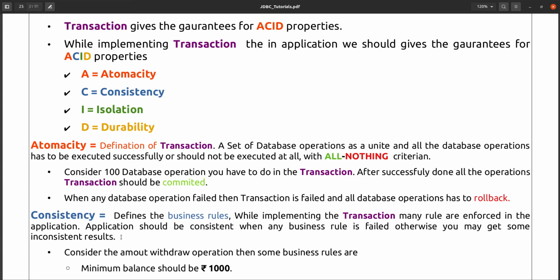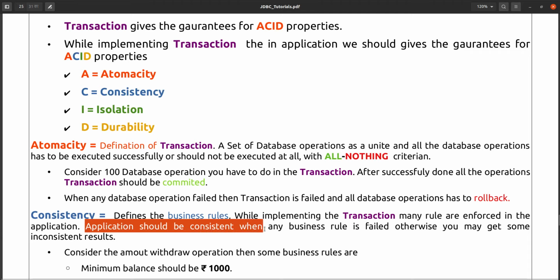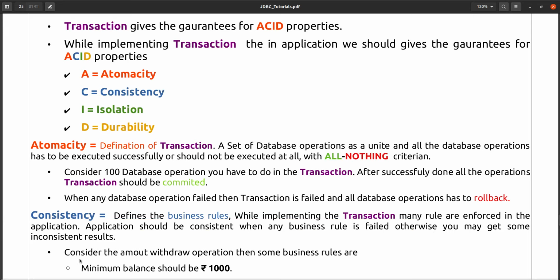So that is not a business rule, and that is not making the data consistent either. That is the problem, data inconsistency. The application should be consistent when any business rule fails, otherwise you may get some inconsistent result. So this is data consistency, meaning you have to implement the business rule.